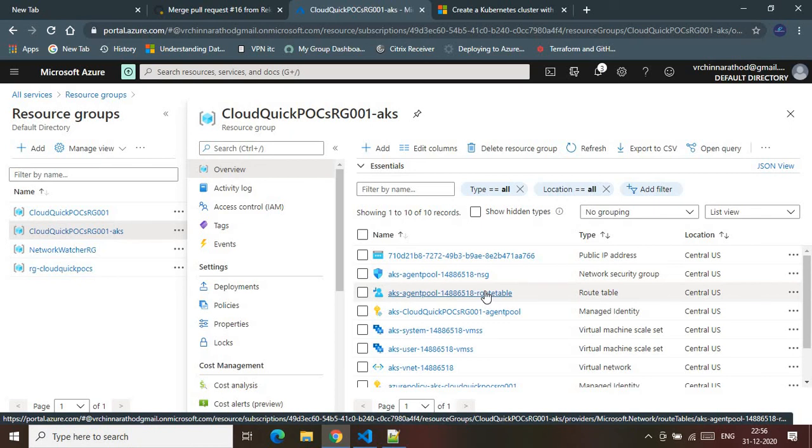Since we have opted kubenet, the kubenet network plugin indeed required a route table. Because what kubenet does is it will provision an independent virtual network, and it will assign the IP addresses from that virtual network to the pods independently. So that's the reason it has provisioned the route table. So why does it provision the route table? Because